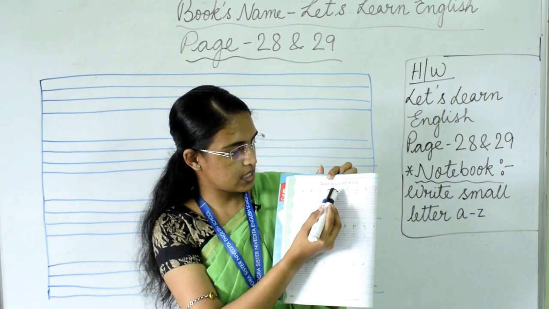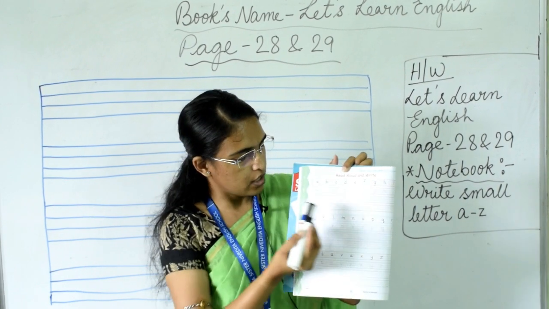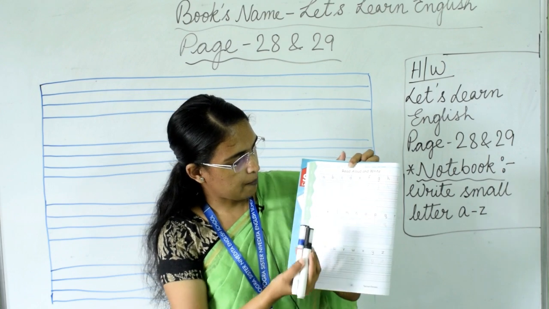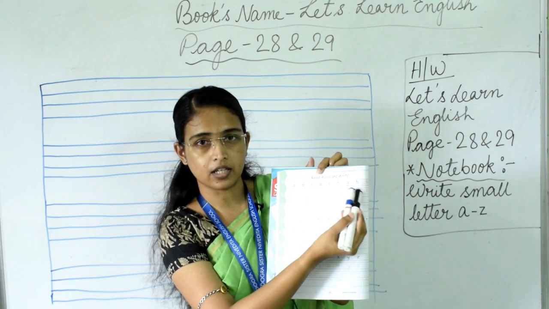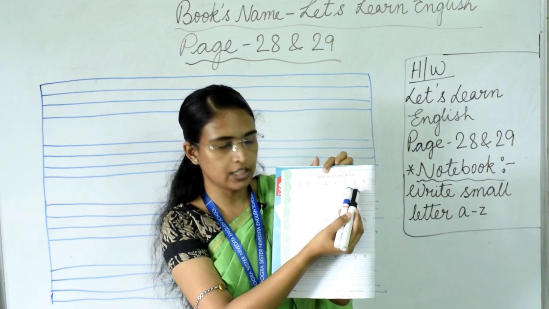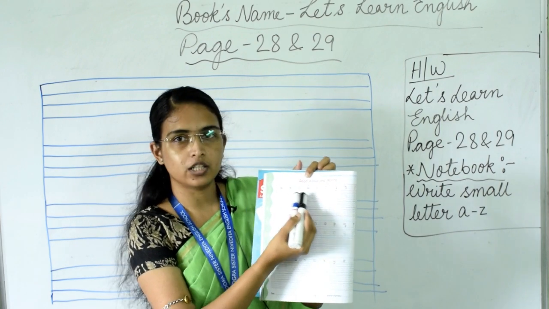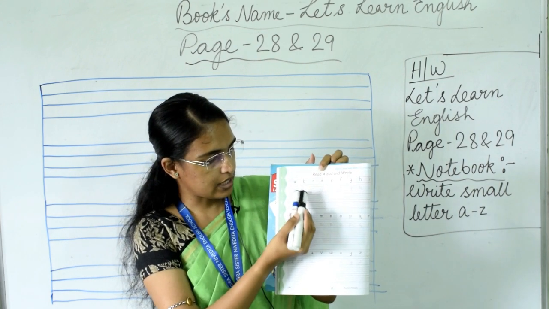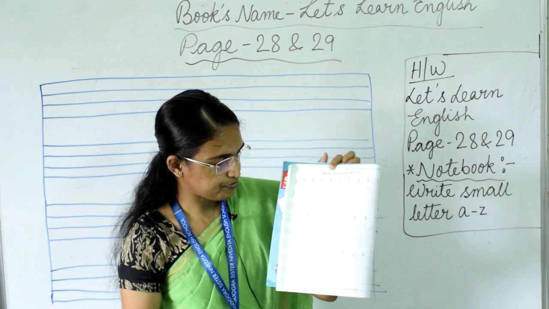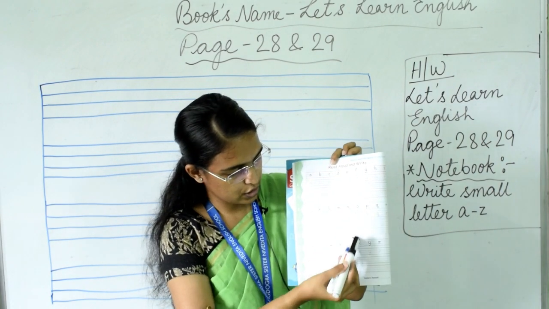A, B, C, D, E, F, G, H. Up to H it is written here, right? So first read this one. Then look in the second line. It is what you can see. Yes, these are the dotted alphabets, right? So what we have to do? Yes, we have to trace all these letters. Okay, then after that in these two lines you have to write it by yourself. So after doing this you have to do this one and this one also.